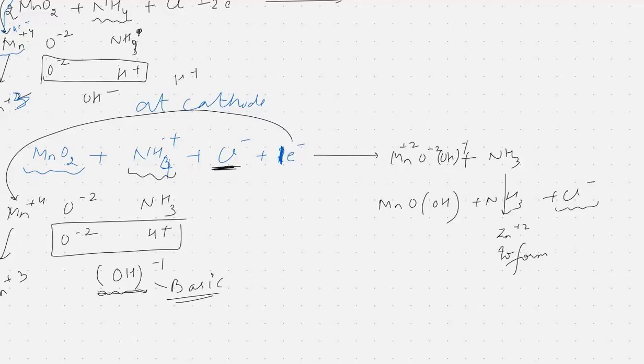Because it is not forming any acid. So it may remain, it is not gaseous also. You understand? And whatever Zn+2 we have, Zn+2 will combine with this to form ZnCl2, which is a part of the electrolyte. So this is kind of regenerating the electrolyte, which enhances the life